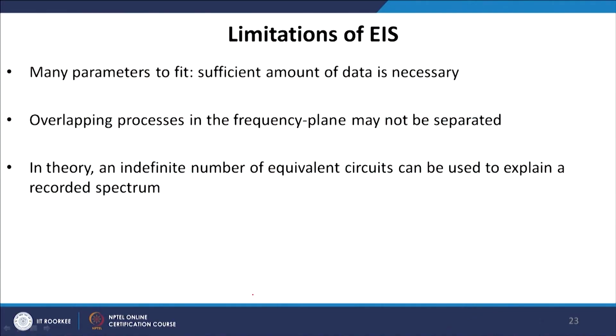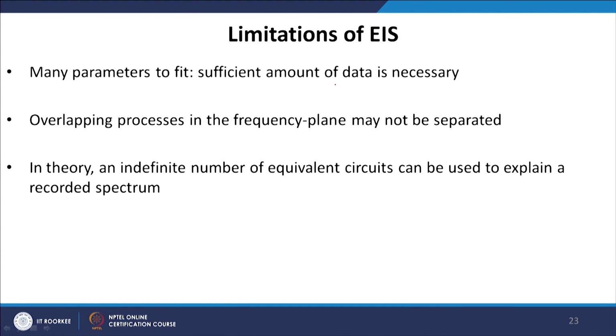So, the theory of ion migration, or the Warburg diffusion, came about when impedance spectroscopy was done on the perovskite solar cell. But there are some limitations of impedance spectroscopy. Many parameters do not fit; a sufficient amount of data is always needed to fit the parameters, and since it is a fitting, it can always generate errors. So, depending upon which equivalent circuit we are considering and how good our fitting parameters are, that will give the reliability of the data.